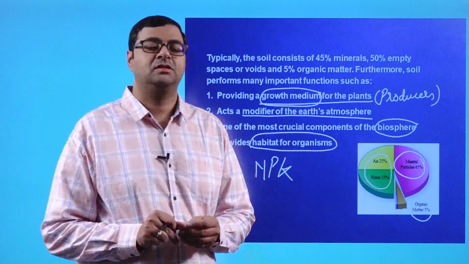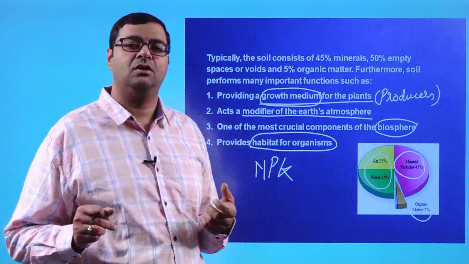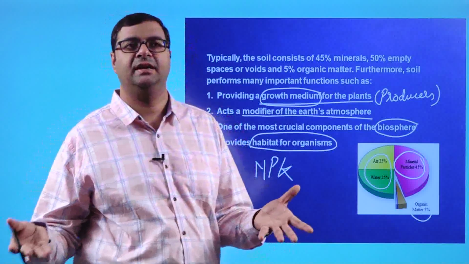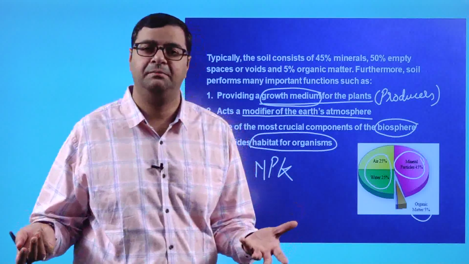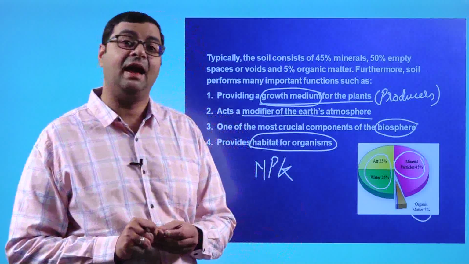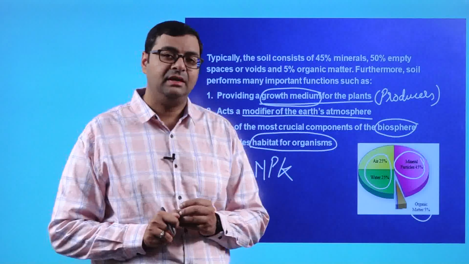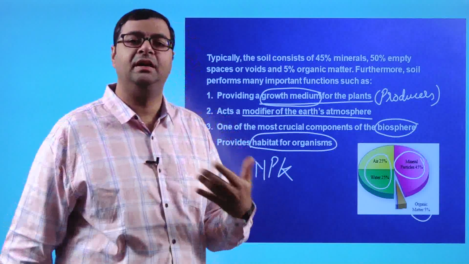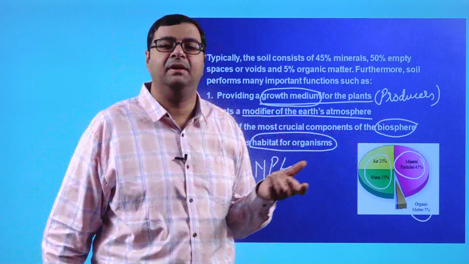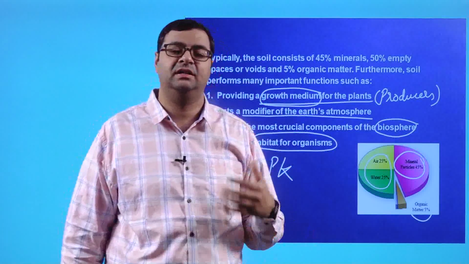Say for example, if the soil contains more than 20 to 25% of organic matter, it is called an organic soil, and it is very, very fertile. When it is fertile, there is a lot of human intervention, and human habitats start developing around it, and then the humans start agriculture.